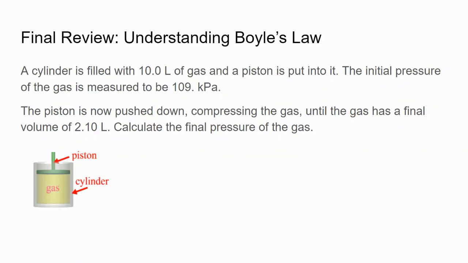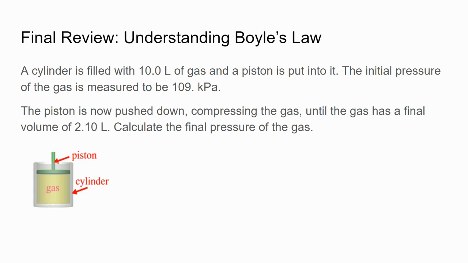And we have some numbers up here. I'm just going to write with this board for a minute. So we have 10 liters of gas. So that, what is that? Volume. Volume, good. So volume 1 is 10 liters. Okay. And the pressure is, so pressure 1 is 109